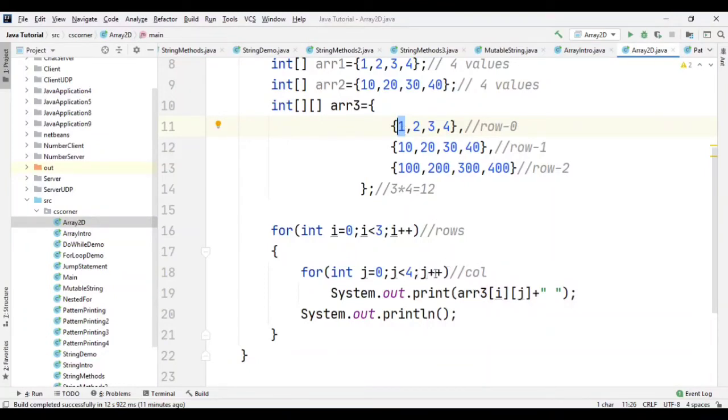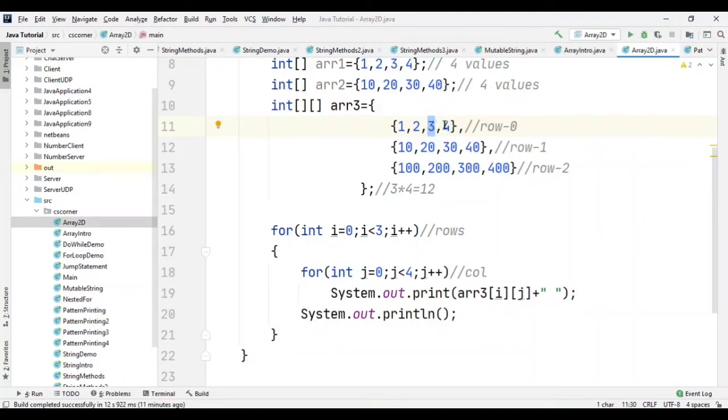Then again J will be incremented. J becomes 1 now. So ARR 3, 0 and 1. So what is at 0 and 1? I am having 2. Similarly, J will be incremented for the next value. J becomes 2 now. So ARR 02. So this value will be printed and J becomes 3.